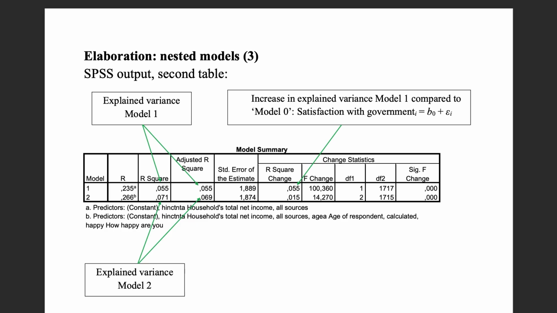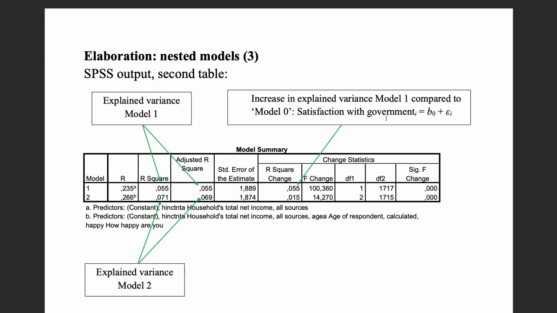So if you didn't indicate any kind of simpler model than that, then SPSS will just go back to the most simple model it knows and compare your first model to that, and that's just taking the mean as a prediction of our dependent variable. So if you don't provide any simpler model that you require SPSS to estimate, it will assume that the least complex model you're trying to estimate is compared with what we could call model 0, where we're just using the mean as a predictor of